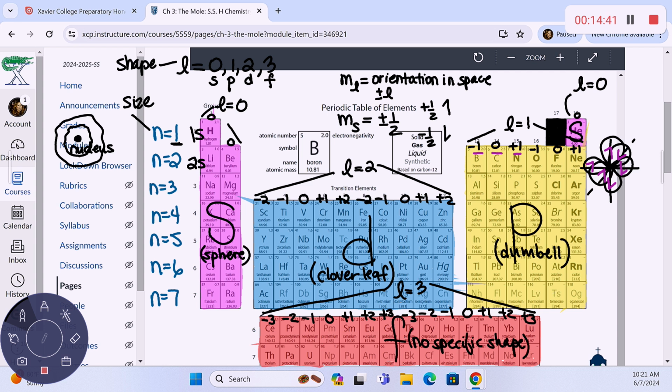Okay? I'm going to go back to the book. We're going to use this. But we're not going to use all the quantum numbers except for the n's. Okay, so let me stop this. I'll bring it